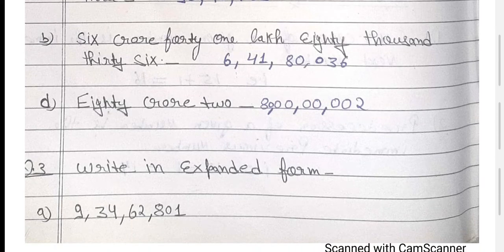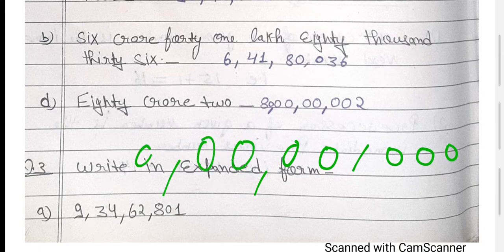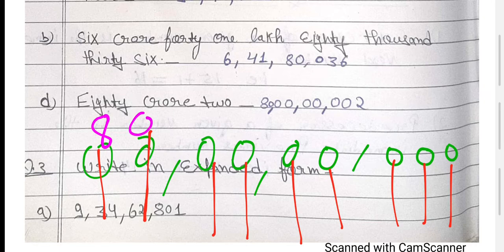80 crore 2 only. So all of you know the first period contains 3 digits, then the second period 2 digits, and then so on. So what is 80 crore? 1, 10, 100. Now just see how many periods there are. It is 1, 10, 100, 1000, 10,000, lakh, 10 lakh, crore, and then 10 crore. Now they are asking 80 crore. So in that place you have to write 80 crore. Okay, it is at the place of crore.